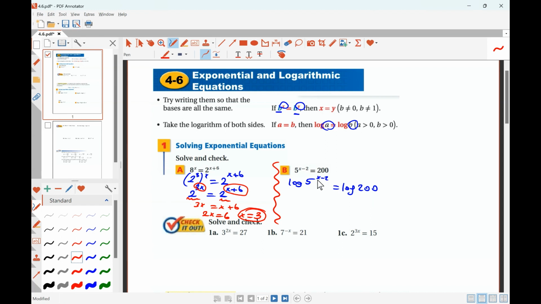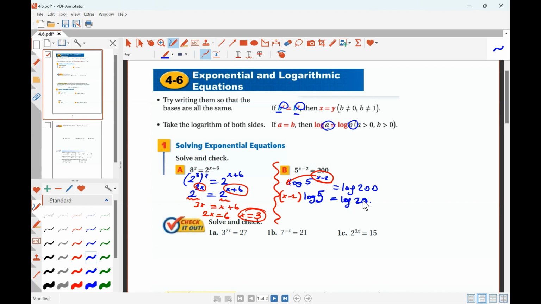We have a power inside the logarithm, so we can bring this power down in front. The exponent can be brought out in front, where it becomes a coefficient. So x minus 2 is a quantity that I have to multiply by log 5, so I need to use parentheses. x minus 2 times log 5 equals